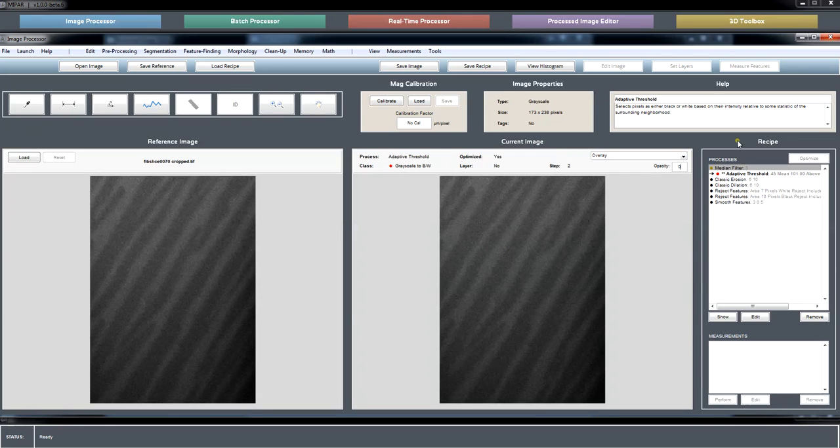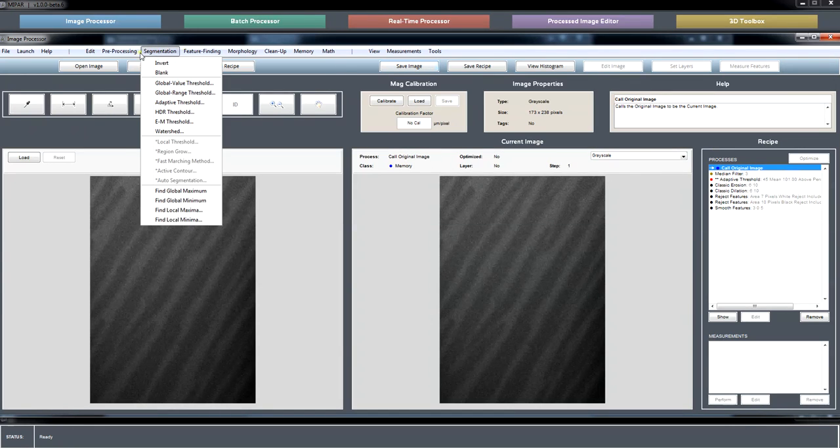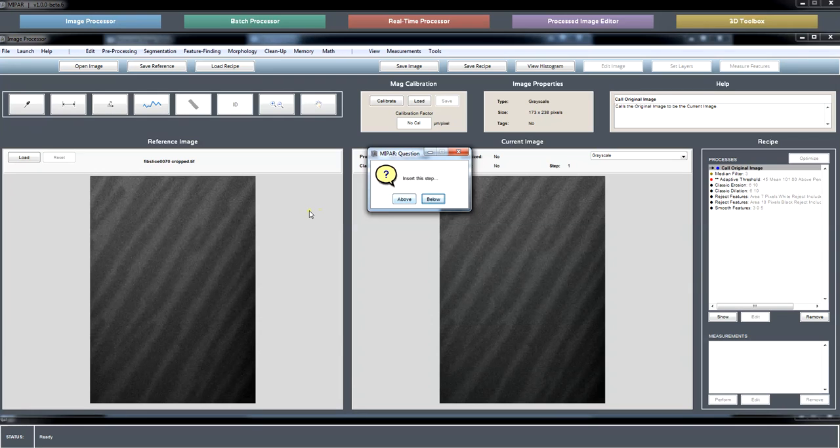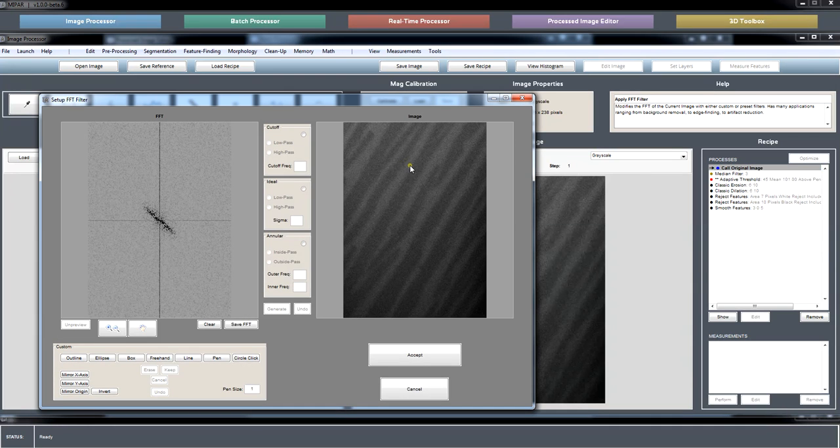So I've had some success in what I'll do now, which is I'll go and, before any of my pre-processing, I'll add a recall to the original image just as kind of a placeholder. And then above that, I'll add an FFT filter, and we'll make a high-pass FFT filter. So this is the fast Fourier transform of the image. We're looking at the image in frequency space now. And we see this band here. Well, that's because we have a lot of features that are oriented